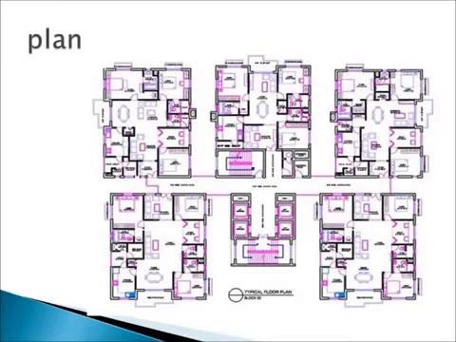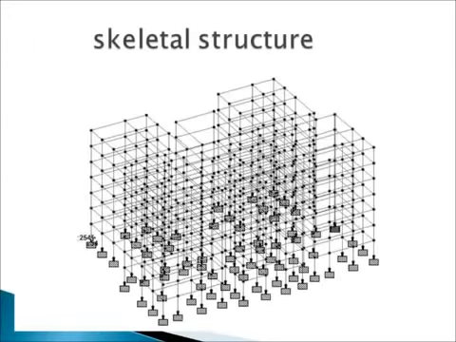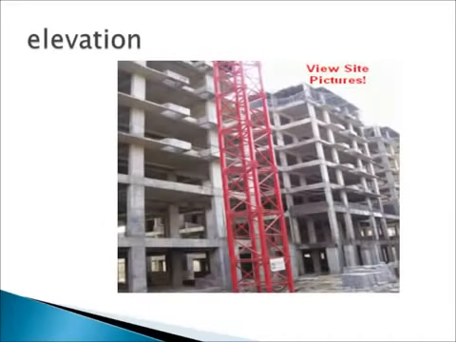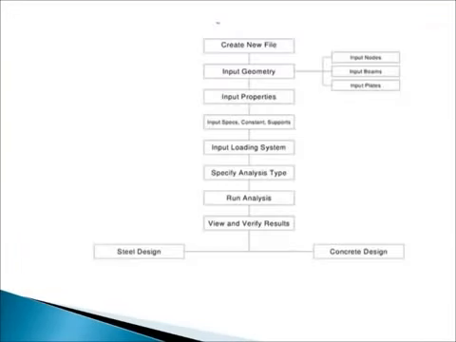In the middle it contains 4 lifts which are connected to all blocks, and 2 staircases for each block. This figure indicates the centerline plan of our building, indicating the position of various columns in STAAD. This is similar to our plan. This centerline plan is used for creating a skeletal structure in STAAD. This figure shows the elevation of our structure at site. This figure shows the proposed AutoCAD plotting of our building elevation. This is a flowchart diagram which gives you the stepwise procedure of analysis using STAAD.